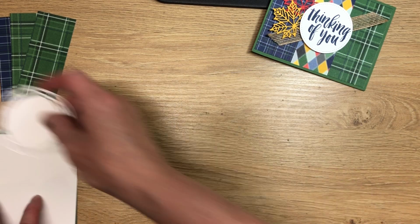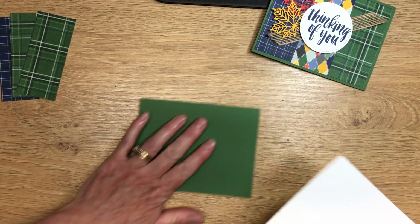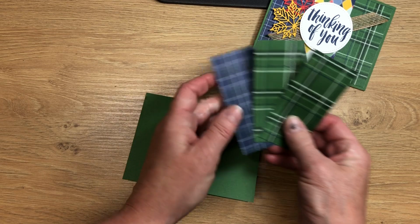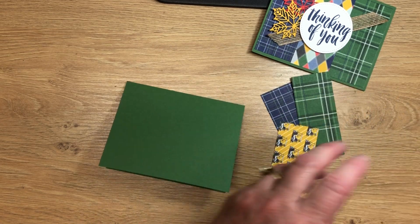Okay, so let's bring in the card base, and again, these are 1 3/4 by 4. I'm going to use my Tombow glue,